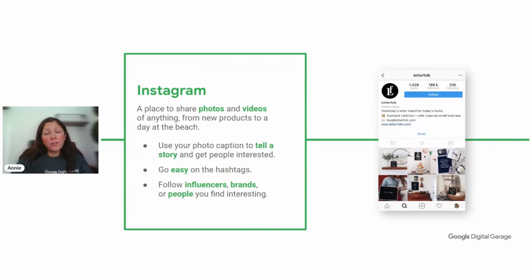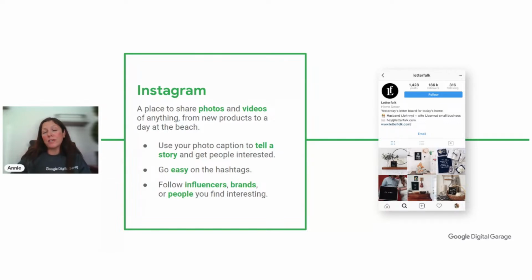Another platform is Instagram, and that is a very visual platform, and particularly good if you're in the fashion space, the design space, for example. Anything visual is particularly popular in the Instagram world. This is a great place to build up influencers and develop brands, but what is important is to keep consistency